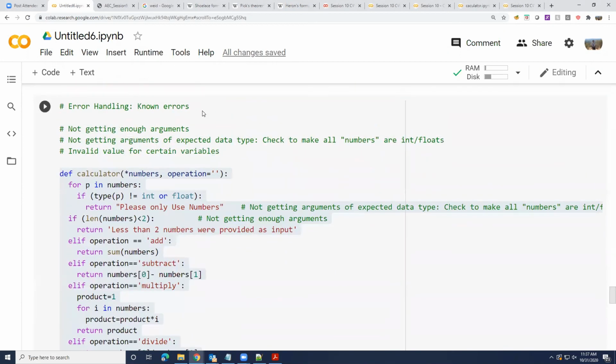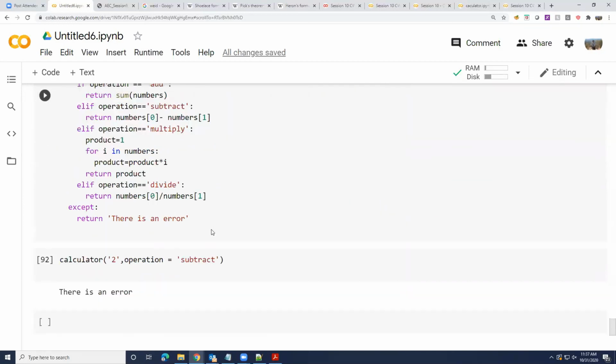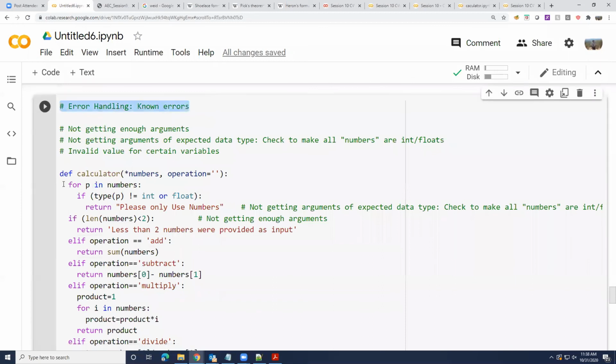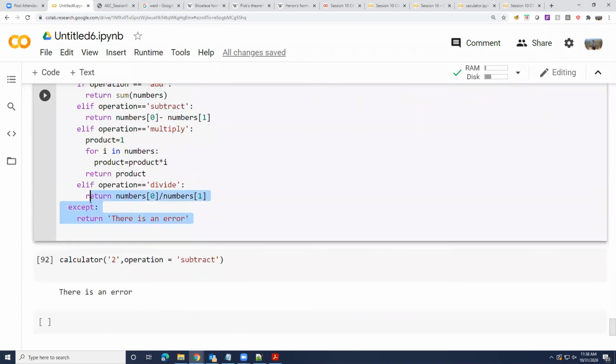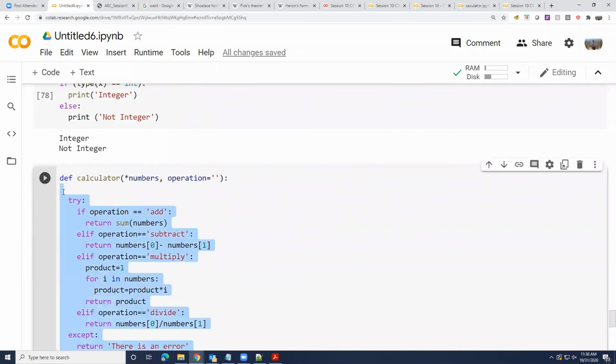There are two types of errors that a function can have. Known errors, which you can predict ahead of time, and unknown errors, which you cannot predict ahead of time. For the known errors, it is always good to do error checking like this one. For unknown errors, you should rely on try and except, because you don't know what other thing can go wrong. I don't know. Maybe this simple function has only these many errors.